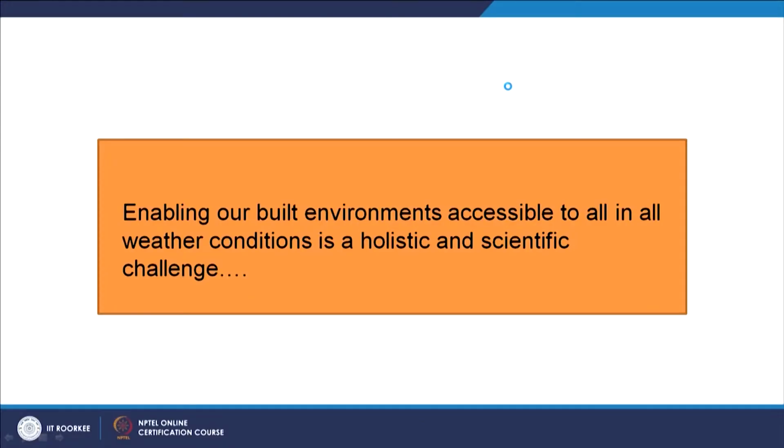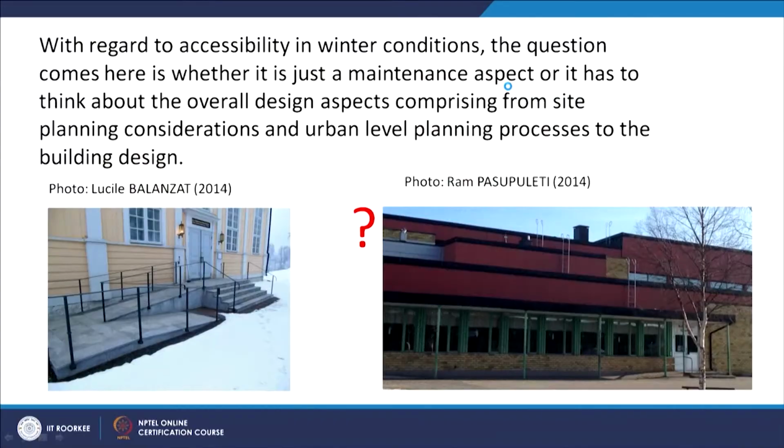Now, the biggest challenge is how to make our built environments accessible to all in all weather conditions. It might be accessible in summer, but may not be in winter. And this is the challenge. For instance, let me give you some examples where you look at both cases. I have shown you cases where snow has hindered access, but in the same winter, you can see the still-clear ramp at the sports complex, so there is still a way for people to access,